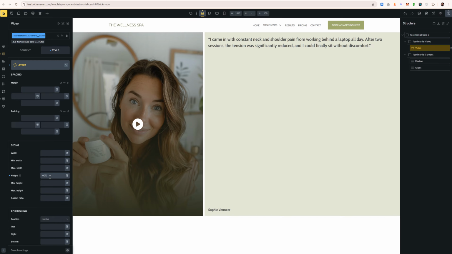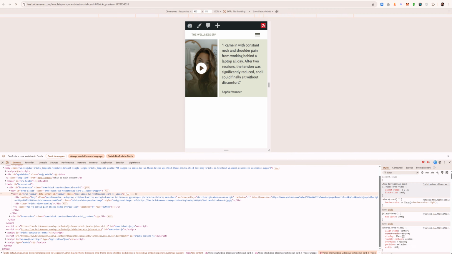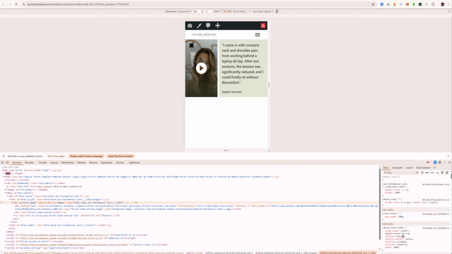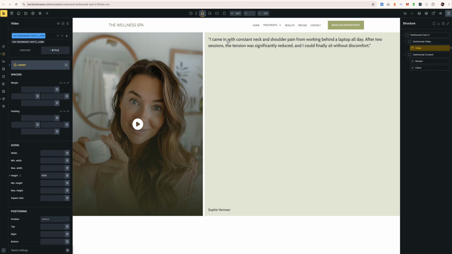Height 100%. And yeah, I think this will work. I'm just gonna leave it this way. So it just slides, and obviously maybe, okay, maybe